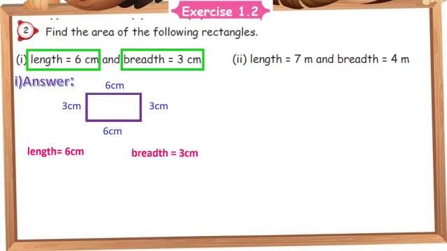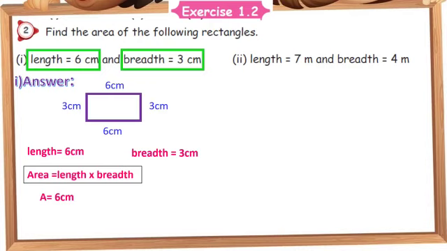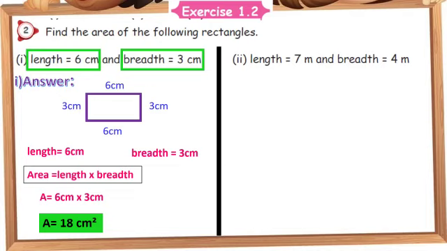Then as usual, write down the formula area equal to length into breadth or side into side. Whatever maybe you can write. Okay. So side into side, it's easy way to remind that. But here they have given length and breadth. So you can mark it as length into breadth. No problem. Just A is equal to 6 centimeter into 3 centimeter. That's equal to 18 centimeter square. Yes, 6 3s are 18 and centimeter into centimeter square. So don't forget. Then come to the second sum.